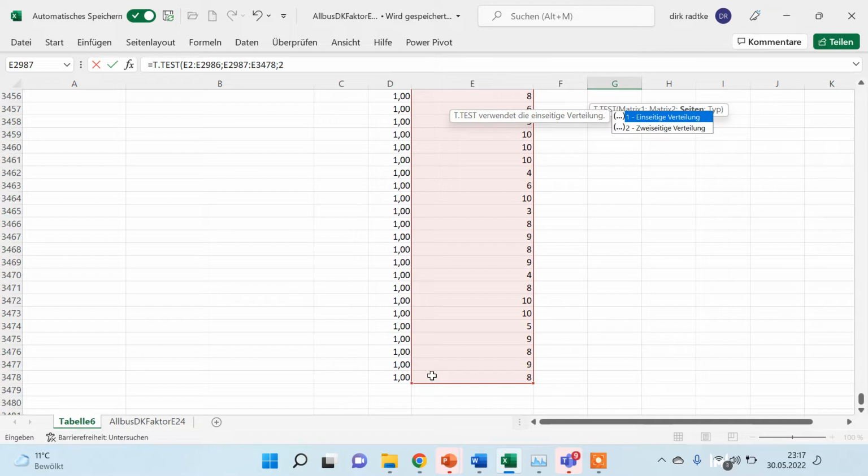Then again, comma or semicolon. And now we have different sorts of t-tests. In our case, we have basically two samples. So we have split our sample into two samples, the sample of the Dunning-Krugers and the sample of the not Dunning-Krugers, which we compare. And we have not measured the variance of these two groups. So we cannot assume that we have the same variance. So therefore we assume that we have a different variance and enter just the 3 here. Then we can close the bracket